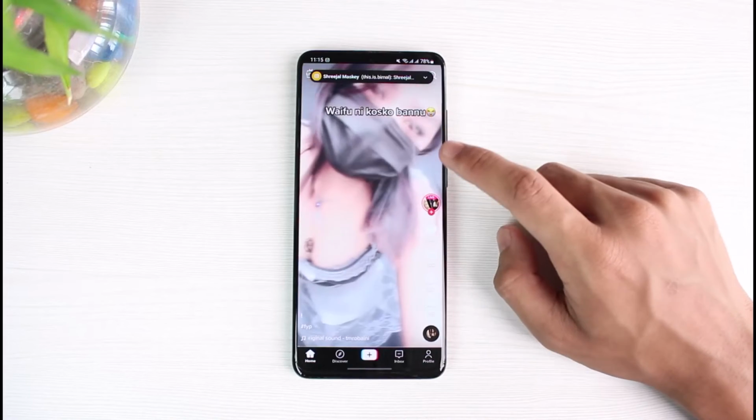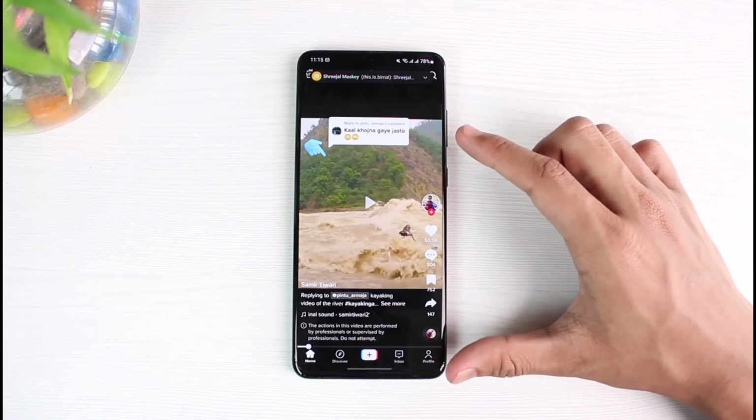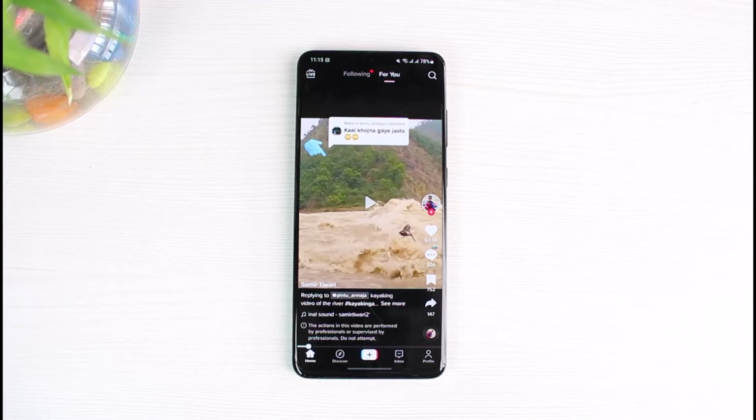TikTok has set a rule to follow those guidelines, but if you don't follow them, you'll face some kind of community guidelines errors. So simply make sure that is not the case. Most of the time, in the warnings themselves, it could be a strike as well. So waiting a few hours or a few days or a few weeks would most likely fix that and remove